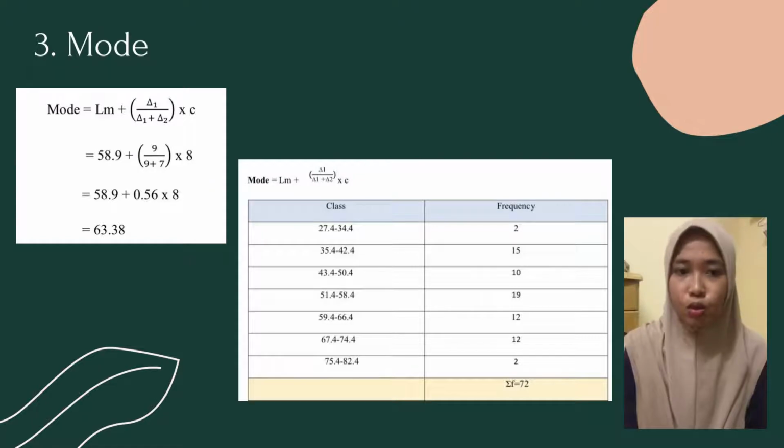For the mode, it equals Lm, which refers to the lower class boundary of the modal class, plus open bracket, delta 1 over delta 1 plus delta 2, close bracket, times c. The location of the modal class is based on the highest frequency. Therefore, the modal class is 51.4 until 58.4. The answer is